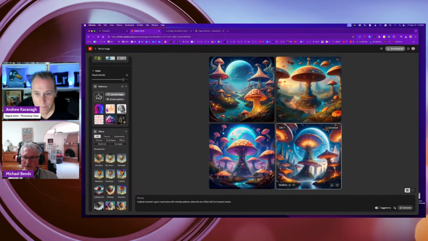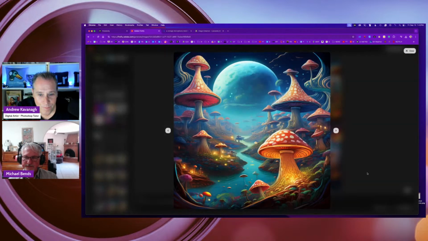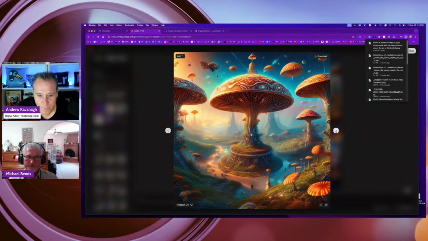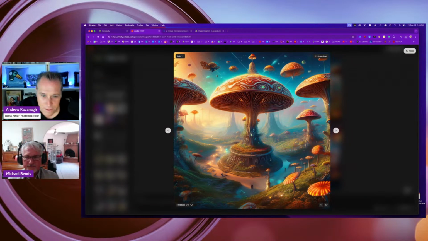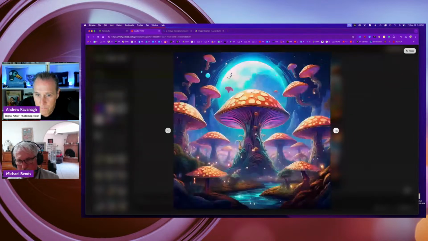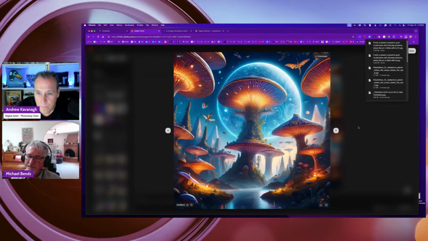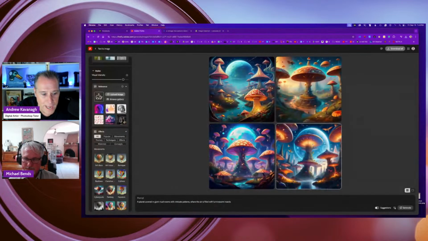Cue the background music. Okay, so this is Adobe Firefly. We're in a world of mushrooms. You'll notice there's a certain kind of texture. I've noticed this lately, this certain texture of illustration coming out. And here's one that's a bit more vector style. These are nice. So that's Firefly for that prompt.